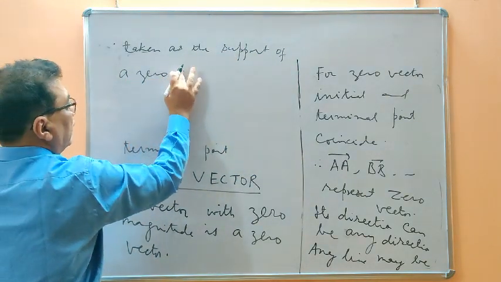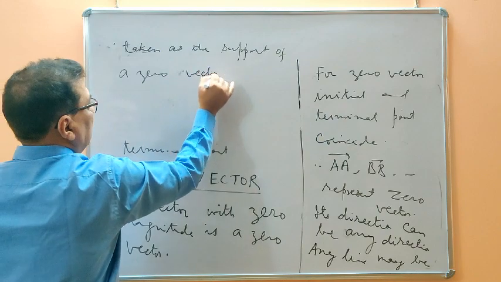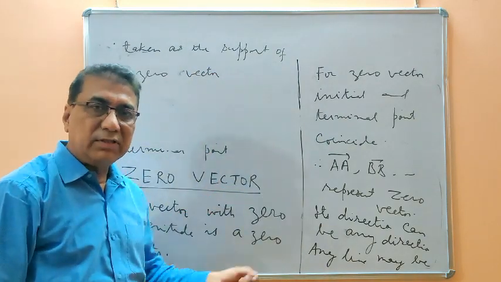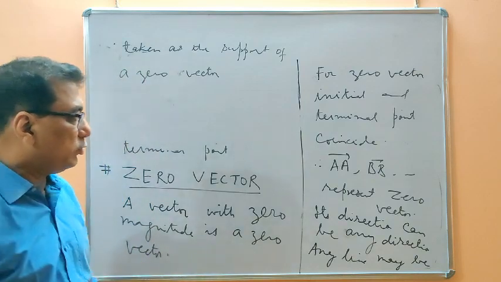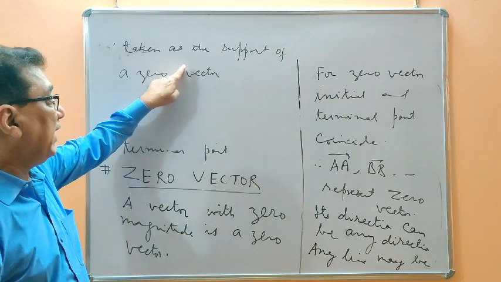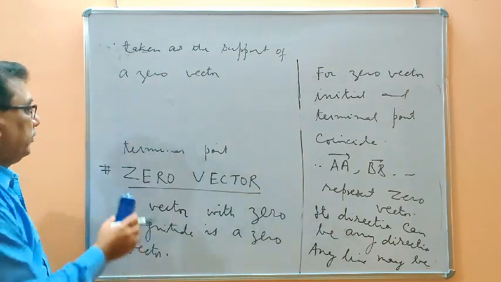Okay, so we have discussed here zero vector in terms of all the three characteristics. It has no magnitude, it can have any direction, and third, any line can be its support. Okay,